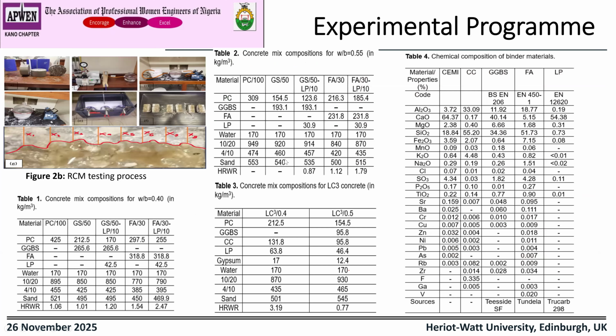So this is the diagram for the rapid chloride migration test using NT Build. This is the specimen. As I said, it is 100 millimeter with 50 millimeter depth. This is the machine where we pressurize the concrete. There is a preconditioning that we do. Here is where we put the concrete inside calcium hydroxide to spend some hours. This is where we keep it under pressure for some hours also. This is where we are taking the test. At the bottom, the concrete at the down of the concrete is a